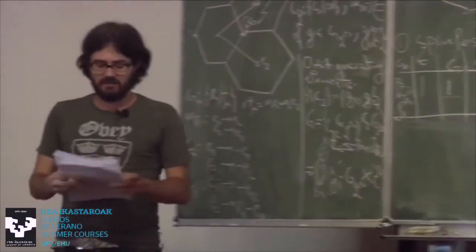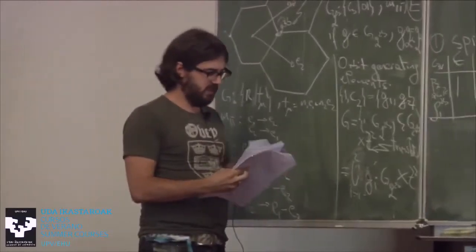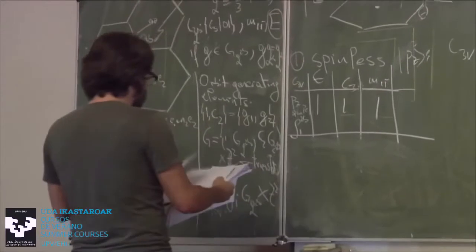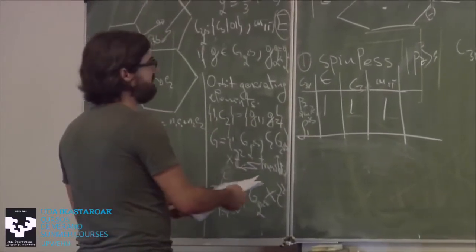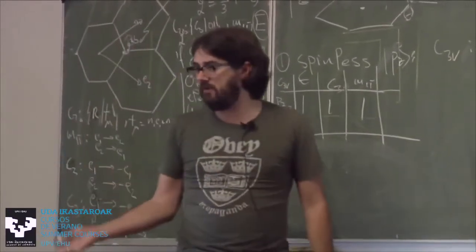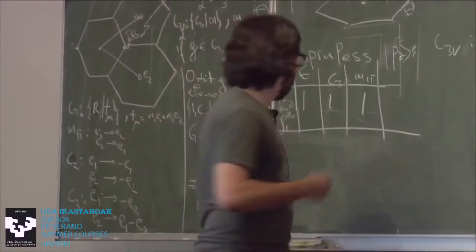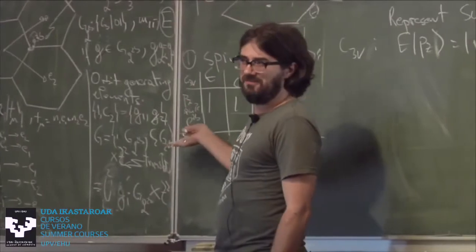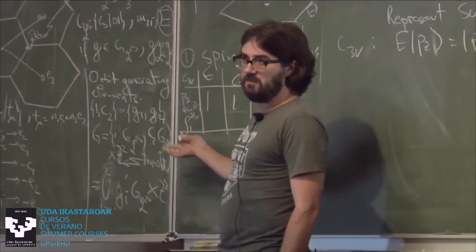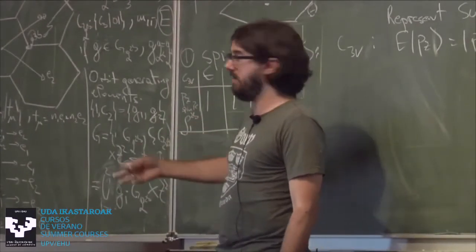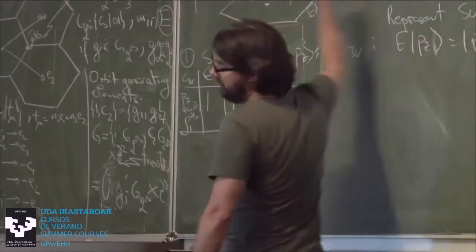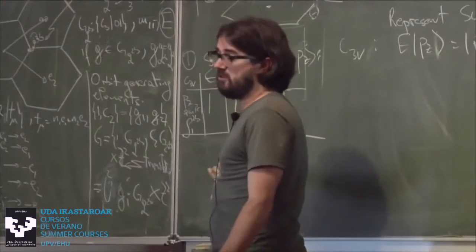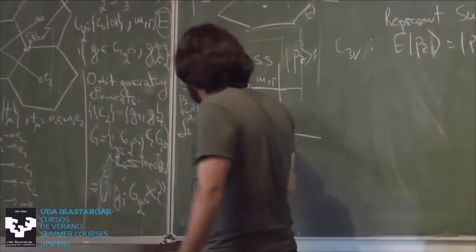Let's find out another spinless representation. Another spinless representation is the one formed by px and py orbitals. This is the only time I'm going to talk about px and py orbitals. But basically, I want to do this representation because this representation will tell you in the end, once I induce up to the band and subduce back to the points in the Brillouin zone, that you have Dirac nodes on graphene. This is exactly the same thing.